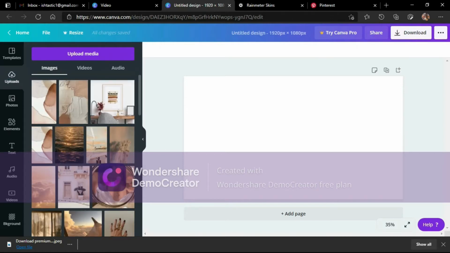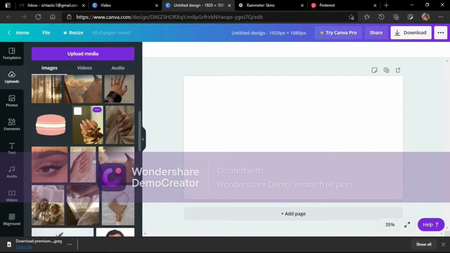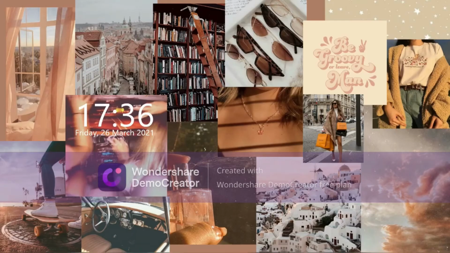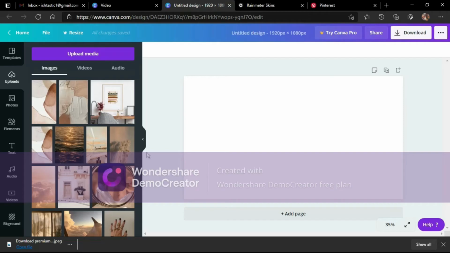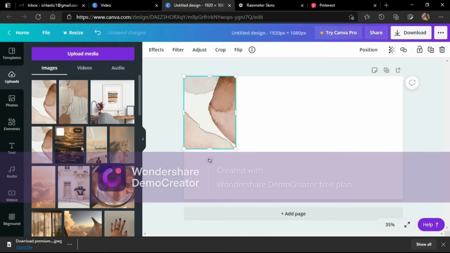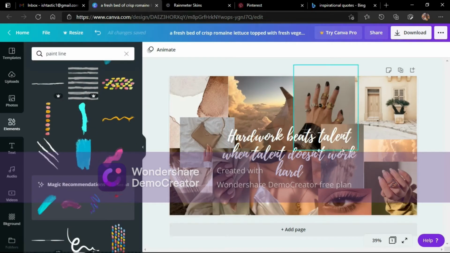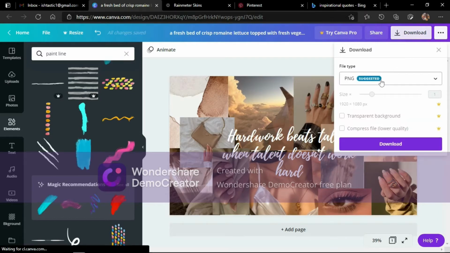So after you're done with this, you can just make a collage out of these images. So I've already downloaded all of these images onto Canva, and now I just have to place them and make a collage like the one that I have here, that is Julia K. Christ's. So we're gonna go back to this. So I'm just going to quickly place the pictures that I want. So once you've made up your wallpaper, as you can see, I'm done with my wallpaper. So what I'm going to do is I'm going to download this.